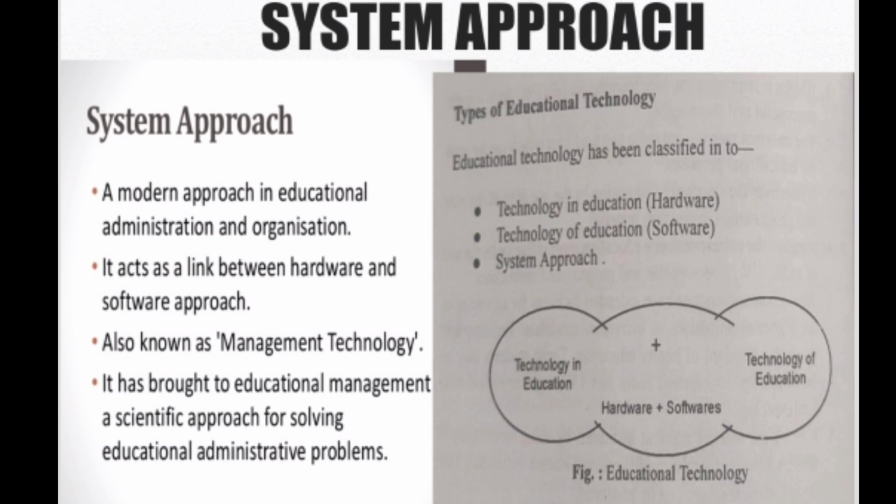So it is a systematic attempt to coordinate all aspects of a problem towards specific objective. In this, education is considered as a system, as a unit, as a whole, integrated of pupils, teacher, curriculum, content, evaluation and achievement of instruction objective. So all the elements and components of system are interdependent on each other. If you want to achieve this education objective, you need some management and you need some systematic planning. For that systematic planning we need system approach. To make a link between your hardware and software, system approach is needed.